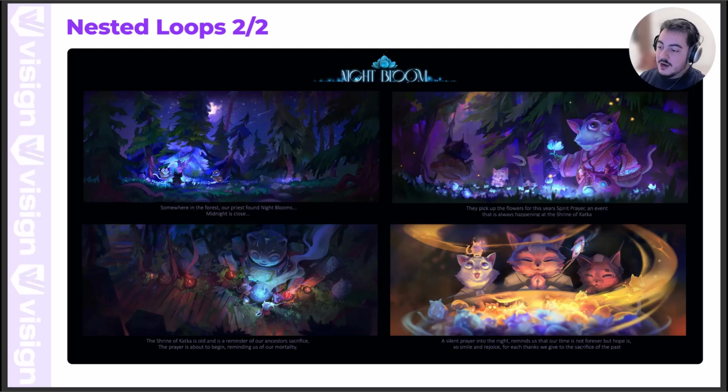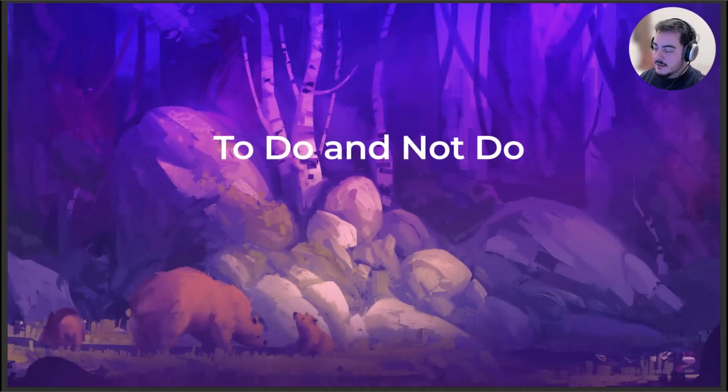And in this shrine there's the entire story of it. That's why they actually have those spirits. That's why they use those petals, because they're doing this type of offering for the spirits. And you see how things change and how it actually resolves in the end. And again, this is purely for the purpose of example here, guys. You can do whatever you think is fit, but I wanted to give this example so you guys can check it out. Now let's go to some do's and don'ts when it comes to storytelling.